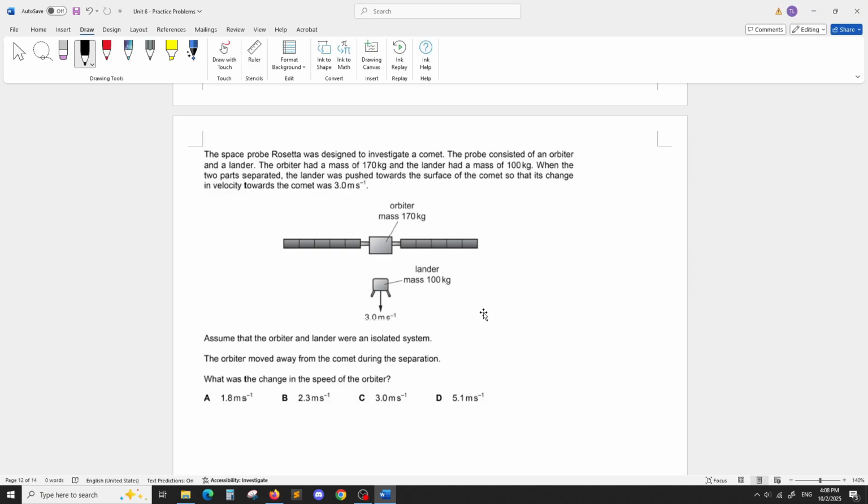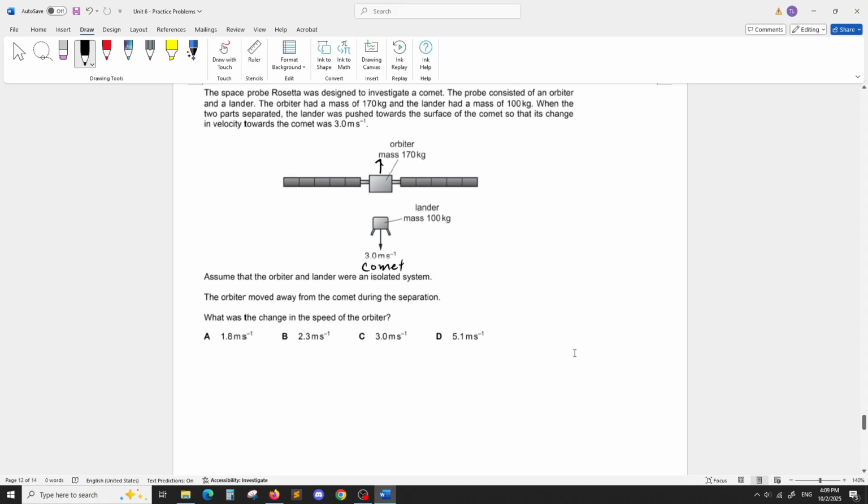Okay. So it's saying that the orbiter actually moved away from the comet. This is towards the comet. What is the change in speed? So initially our momentum was 270 times 0, because we're not technically moving. I should say that it's 100 plus 170 because they were together. Multiply 0 meters per second